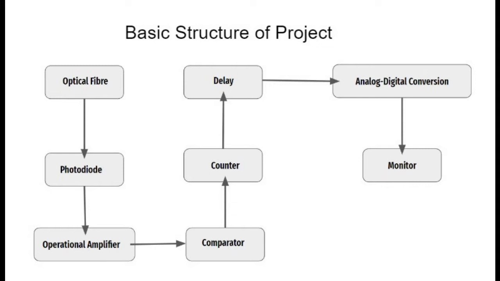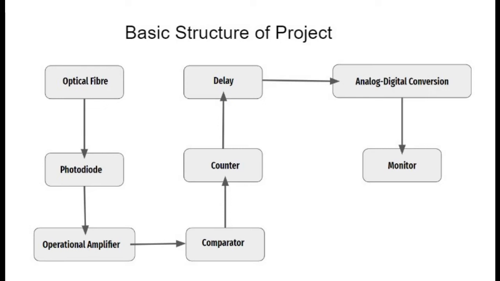The output of TIA circuit is given to a comparator IC to generate square wave pulses. The comparator IC that we have used is LM311. Now these pulses are given to counters as input for the counting function. Previously, we had used 74LS193 IC for counting, but the circuit was too bulky, so we switched to a microcontroller. Now we are using Node MCU version 3